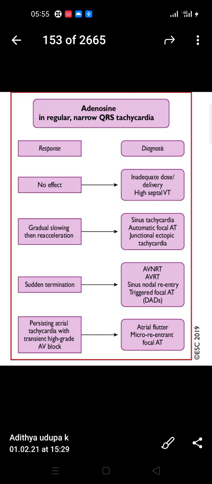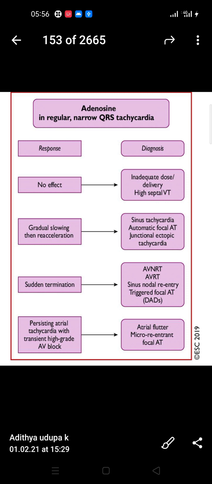But sudden terminations are there where the re-entry circuits are there. Very important. AVNRT, AVRT, obviously they have a re-entry circuit across the AV node. So once the re-entry circuit shock is given, the sinus rhythm will start most of the time. Again, sinus nodal re-entry. Only one is triggered focal atrial tachycardia, that is delayed afterdepolarization-related atrial tachycardia because of the effect on the atrial SA node itself. Even adenosine can terminate this triggered focal atrial tachycardia. But any automatic tachycardias, it will not help. Other than that, delayed afterdepolarization triggered or re-entry, usually adenosine works.